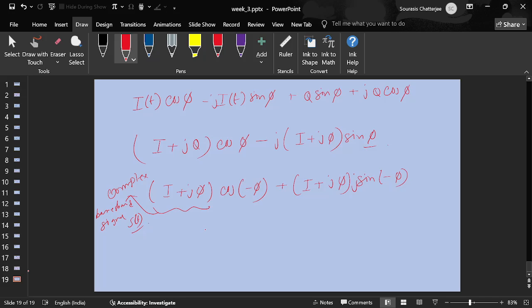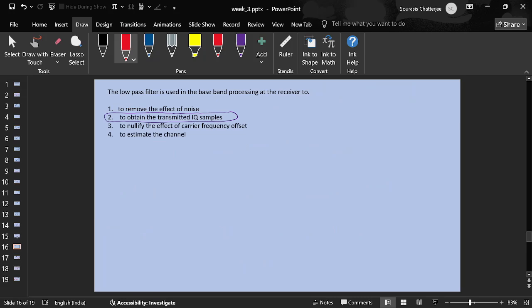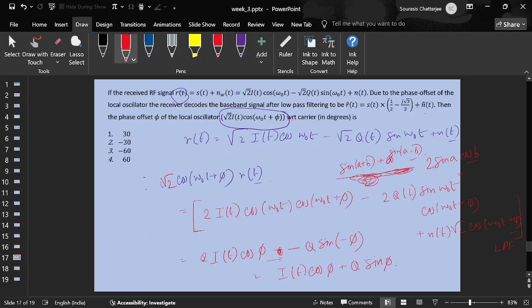So this is S times cos of minus phi plus j sin of minus phi. So essentially S e to the power minus j phi, plus some noise term will remain, we are ignoring that. So if I compare this expression with here,